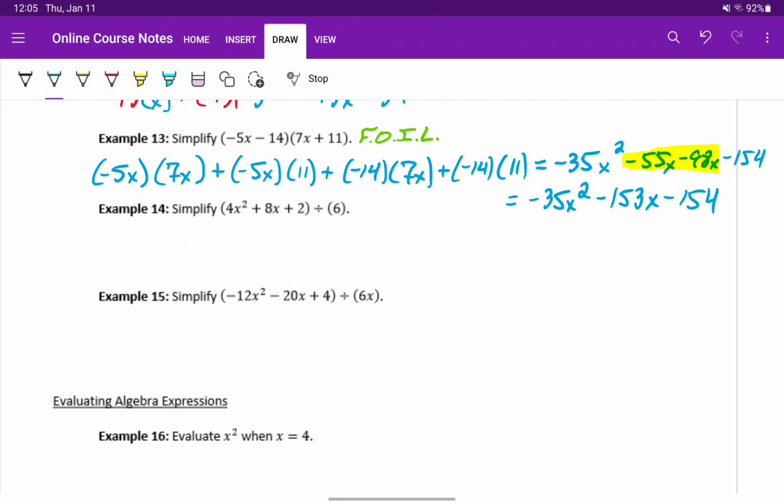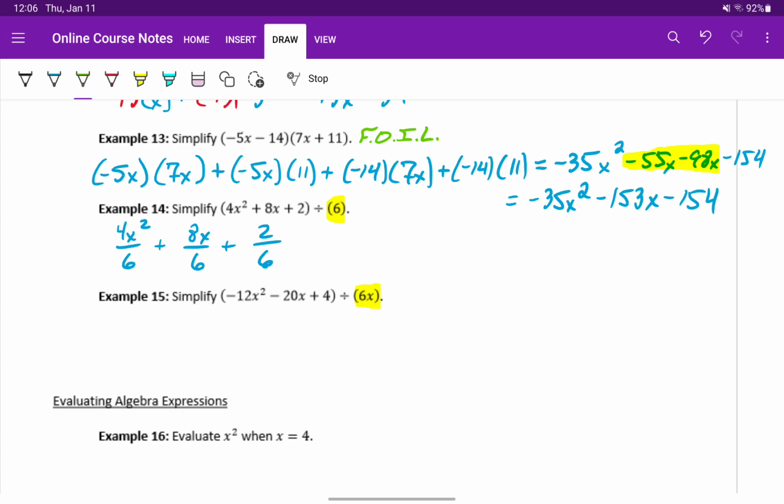In example 14 and 15, now we're introducing a division symbol. As long as this last statement after the division symbol is just a single term, an easy trick is to just take that first expression and divide every single term by that value that follows the division symbol. So we would rewrite this as 4x squared over 6 plus 8x over 6 plus 2 over 6. So to divide that expression